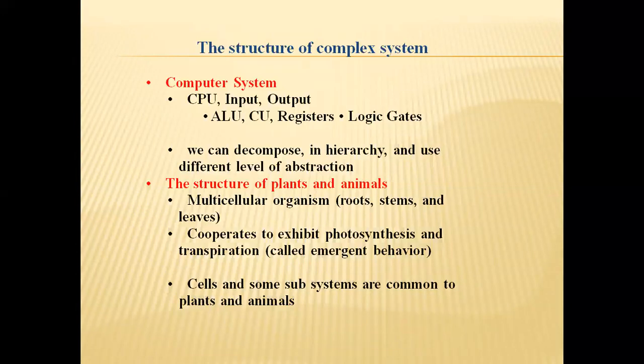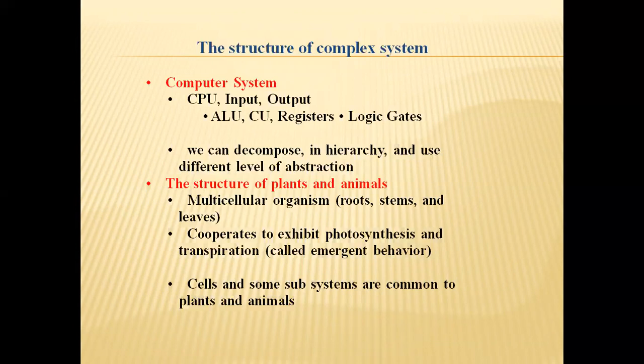Suppose ATM. Suppose the ATM is one of the systems. Suppose the computer is one of the systems. Suppose library management system is one of the systems. Banking is one type of system. And reservation, suppose railway reservation is one type of system. And next one, online shopping is one type of system, and offline shopping is one type of system.